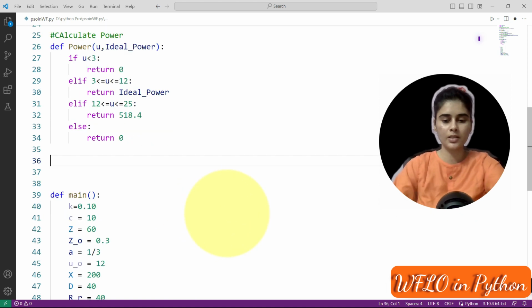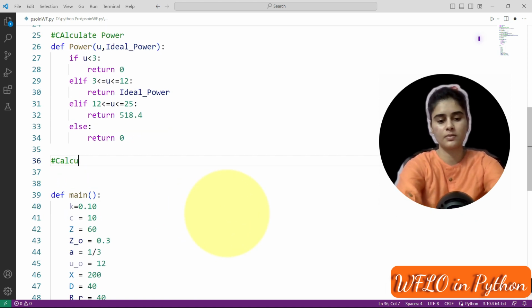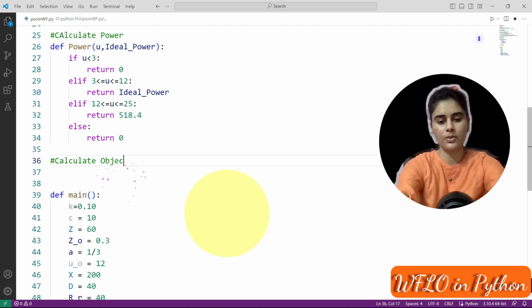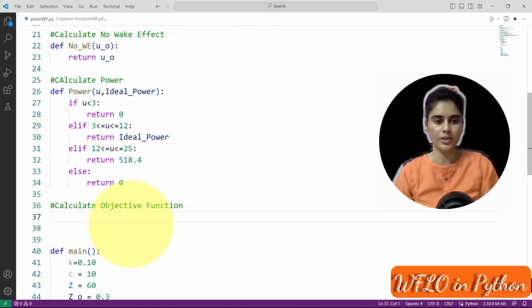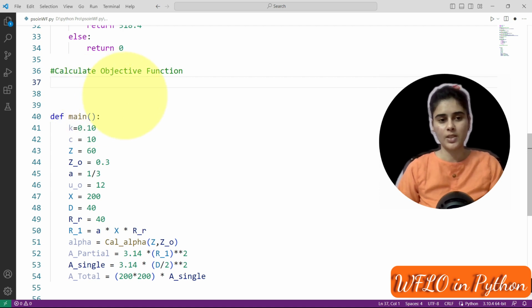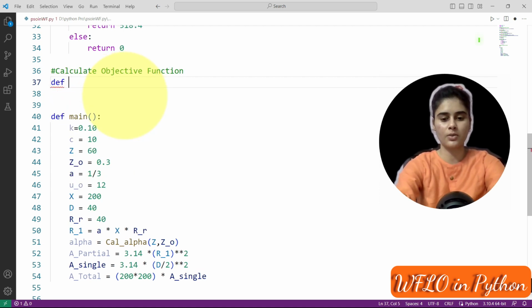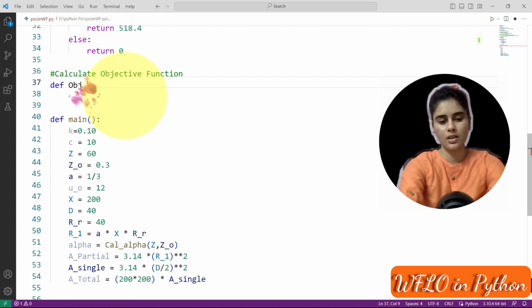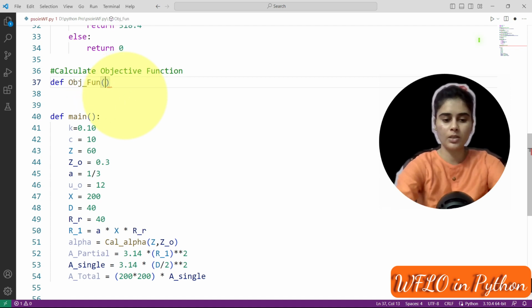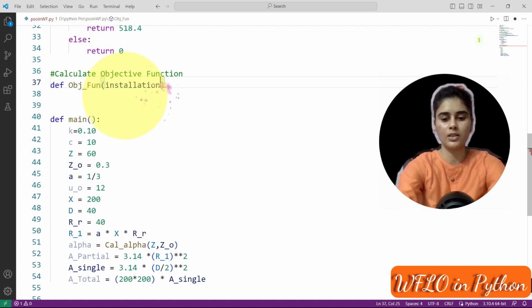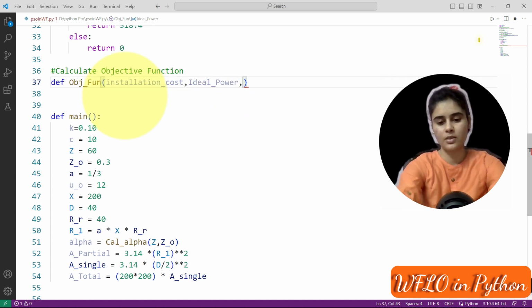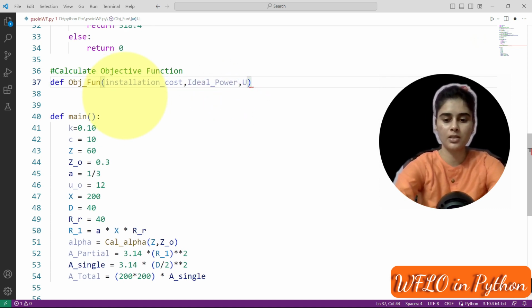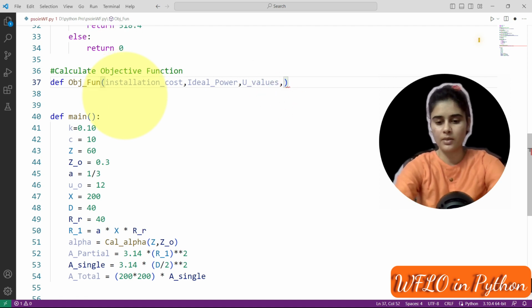Now we will calculate the objective. You can use different equations, it may be a little bit different. So now we'll define the objective function here. The objective function name we have is this. Input parameters are installation cost, ideal power, then we have wind speed values that we are taking as u values, k and c.